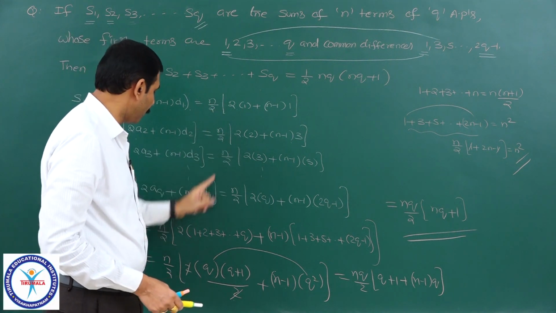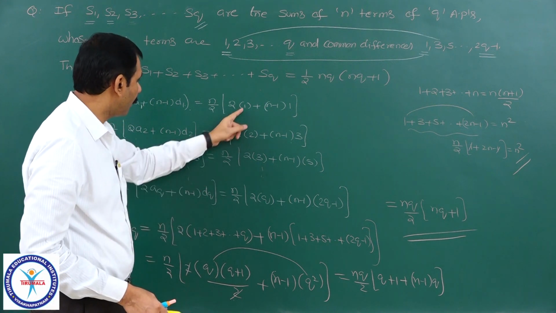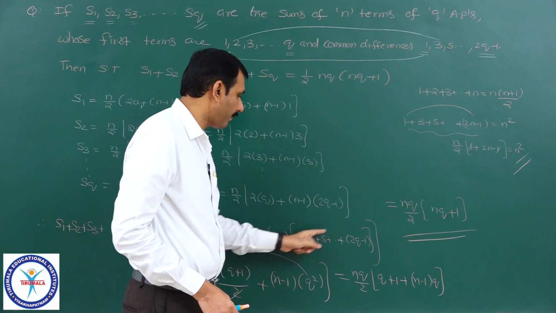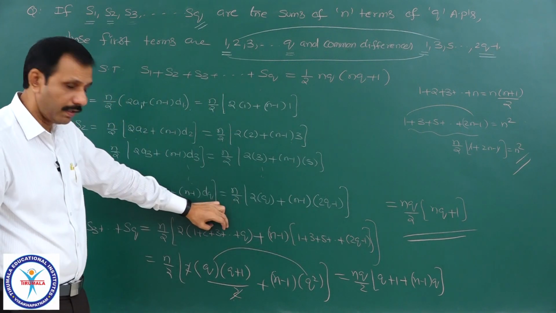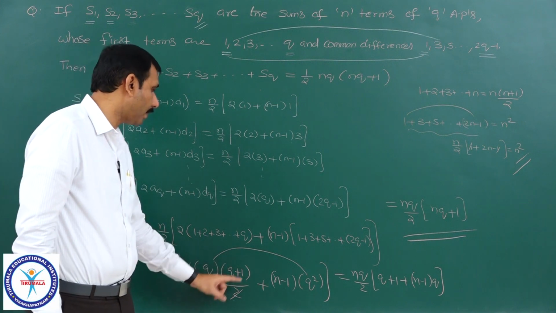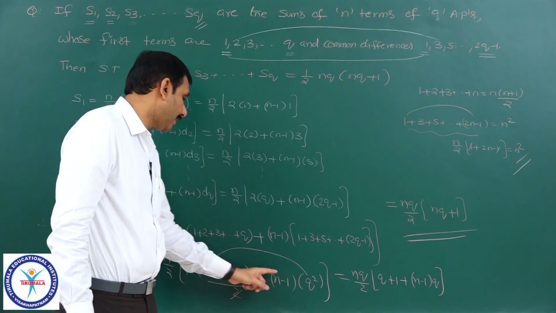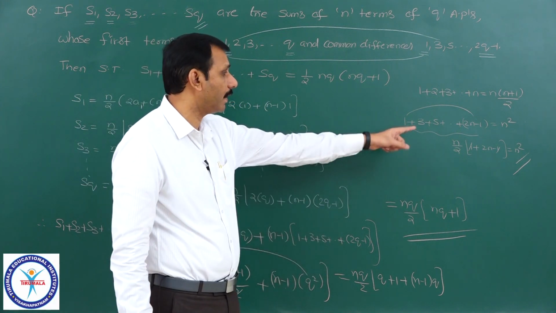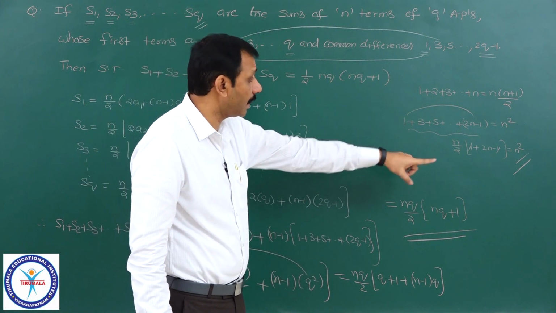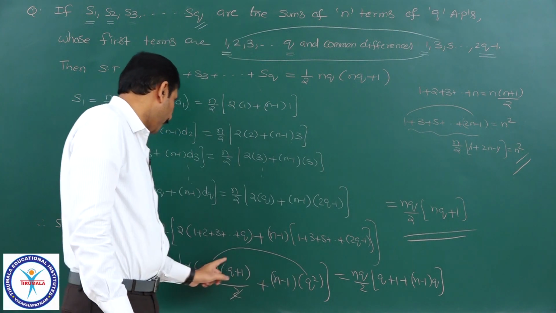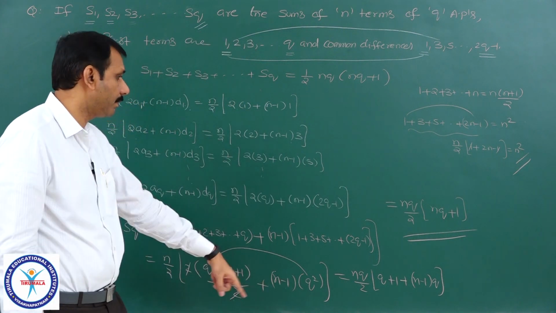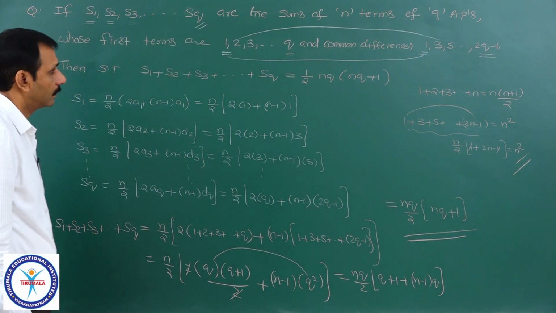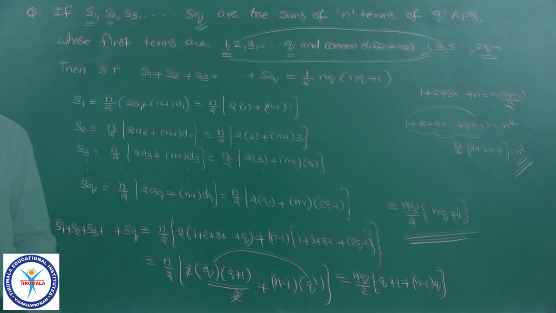In this addition, n by 2 is common, here 2 common, 1 plus 2 and so on q, plus n minus 1 common, 1 plus 3 plus 5 and so on 2q minus 1. Yes, it is the sum of first q natural numbers, q into q plus 1 by 2 formula, and plus n minus 1 into the sum of first q odd natural numbers, which is equal to q square only. Again, I have explained that it is an AP. And here q I have taken common, this 2 will get cancelled, and the simplification is equal to nq by 2 into nq plus 1, hence proved. Move to the next problem.